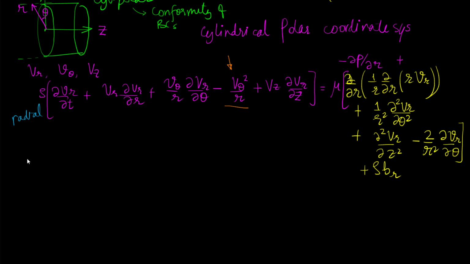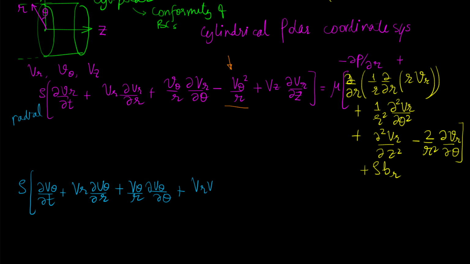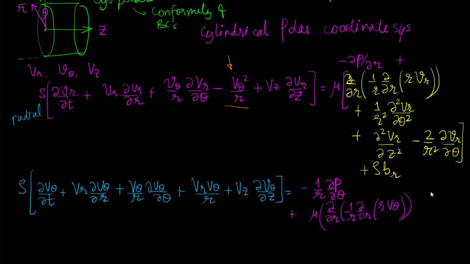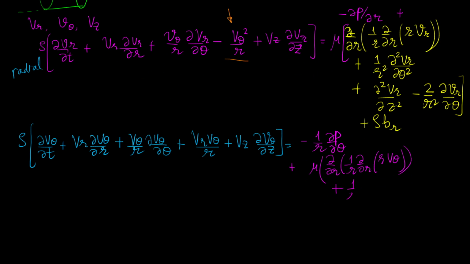Similarly, you can write it down for the theta direction. So it will be rho del V theta del t plus Vr del V theta del r plus V theta upon r del V theta del theta plus Vr V theta upon r plus Vz del V theta del z, and this will be equal to the pressure gradient in the theta direction, so minus 1 upon r del p del theta, plus mu times del del r of 1 upon r del del r of r V theta plus 1 upon r squared del 2 V theta del theta 2 plus del 2 V theta del z2 plus 2 upon r squared